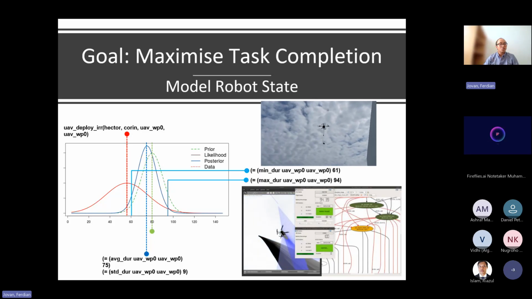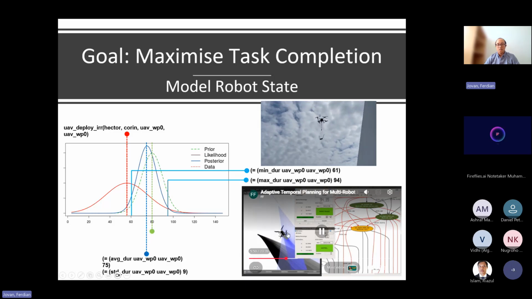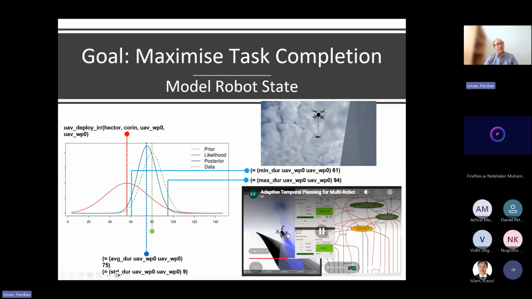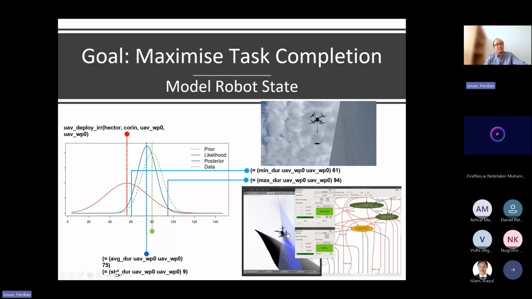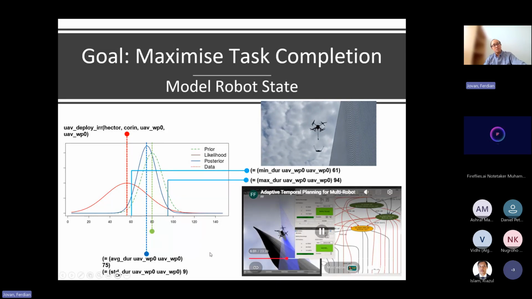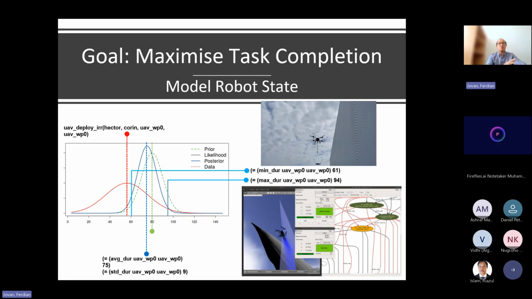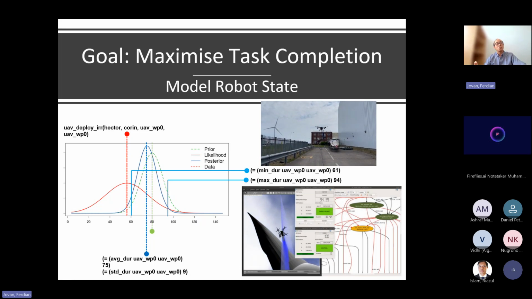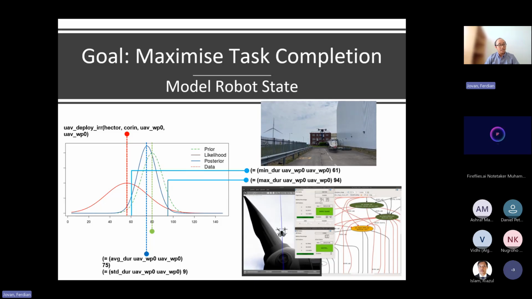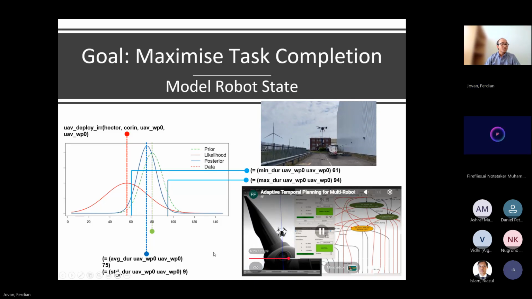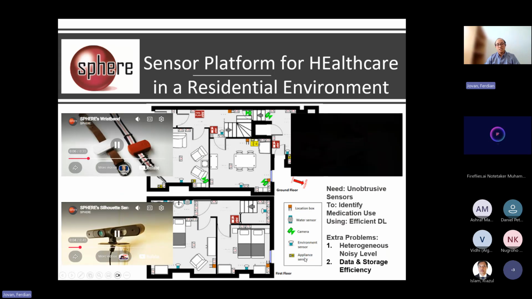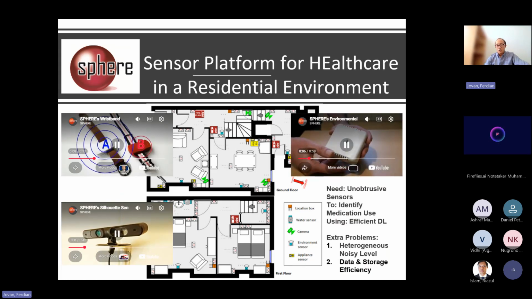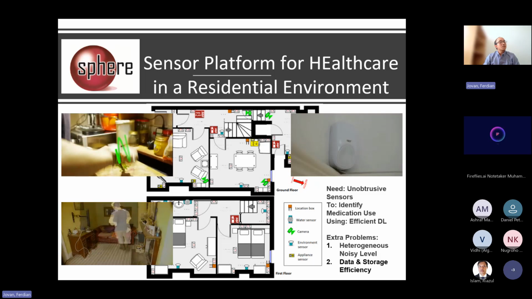On the bottom here, you can see how the generated plan removes any redundant and unnecessary actions. So all the generated plans are clean, and what actually happens is similar to what is planned. We basically reduce the number of repetitions or replanning, and also the number of failures. So that's pretty much for that. Again, we don't use any fancy deep learning for that.